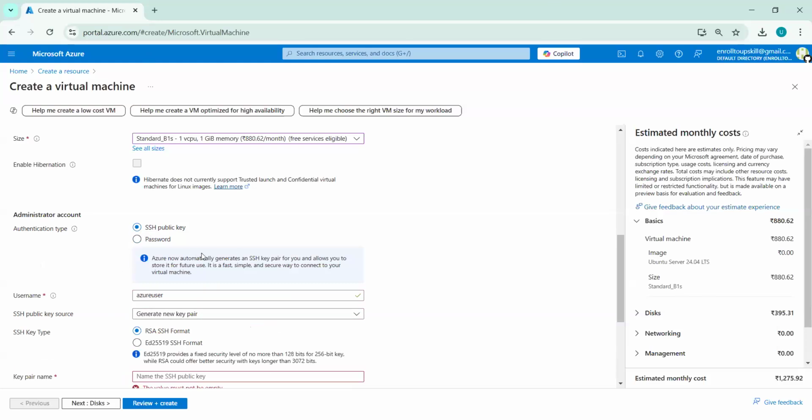So what is this public key? Let's give a very simple example in short. Just like we have used bank lockers, right? You may have seen that bank lockers have two keys. One key is with the bank and another key is with us. If you want to open the locker, first the bank personnel need to unlock the locker using his key, and then we can use our own key, and only then can we unlock that locker.